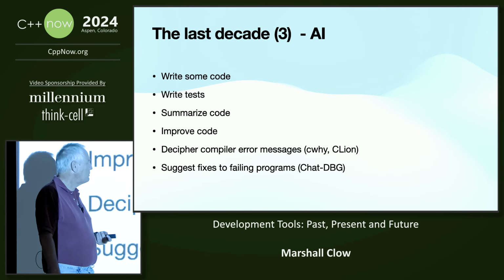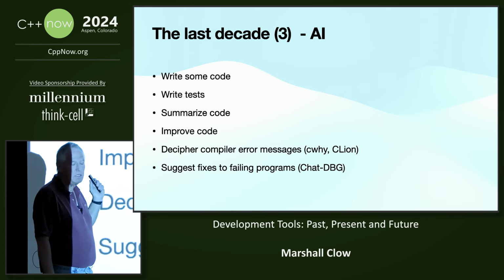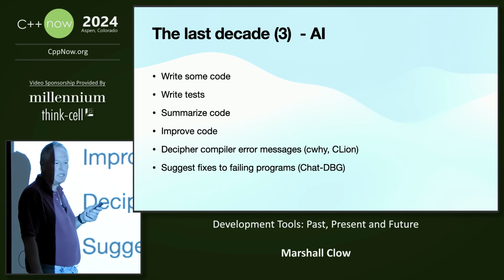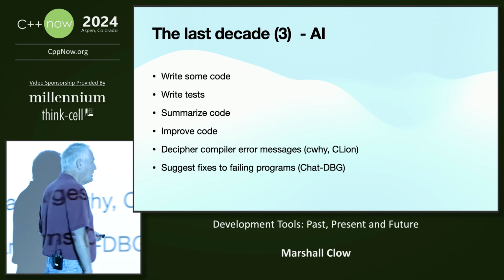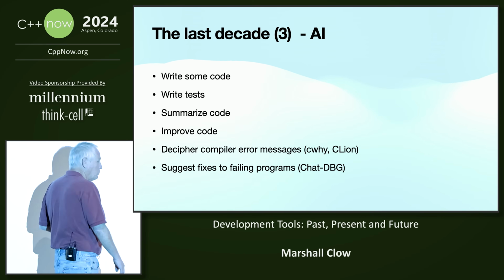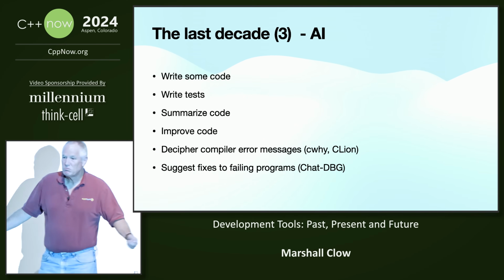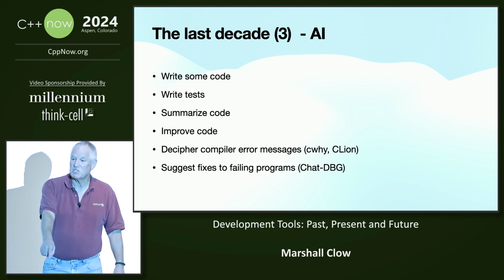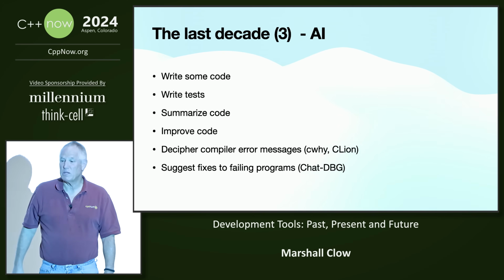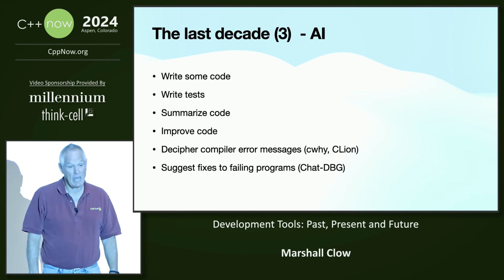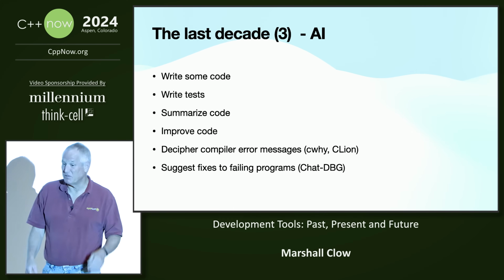Just this week, I became aware of programs that are not programs, but projects that attempt to decipher compiler error messages using ChatGPT to give you an idea of doing root cause analysis. Your program failed to compile because you have a period here instead of a semicolon. When you do that, you get, if you're lucky, 30 lines of error spew. If you're not lucky, you get 200. Do it in the middle of a template definition and see what happens.